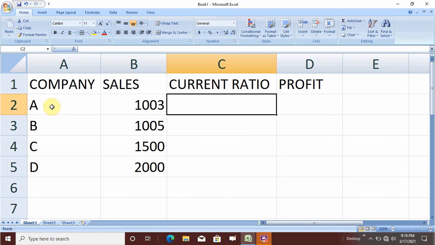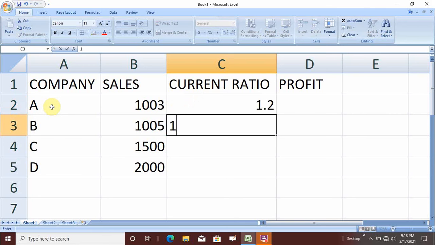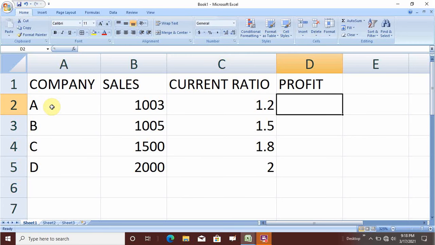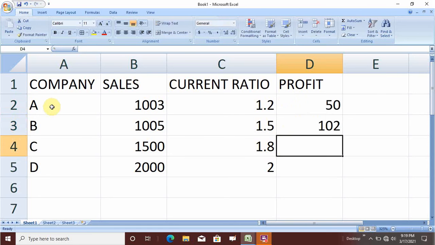Now suppose the current ratio, which in finance terms you will learn is the ratio of current assets by current liabilities, is 1.2 for A, 1.5 for B, 1.8 for C and 2 for D. Now let us suppose in that particular financial year the companies registered profits of, say, 50 crore, 102 crore, 109 crore and 140 crore.